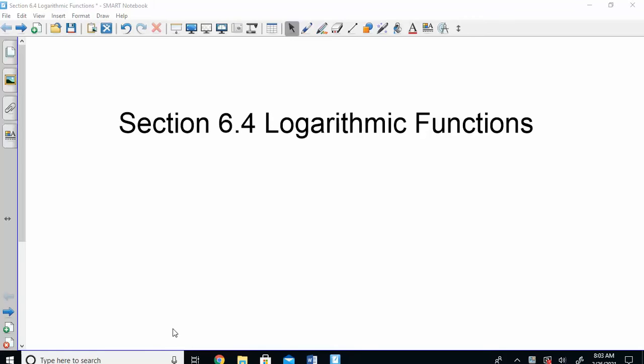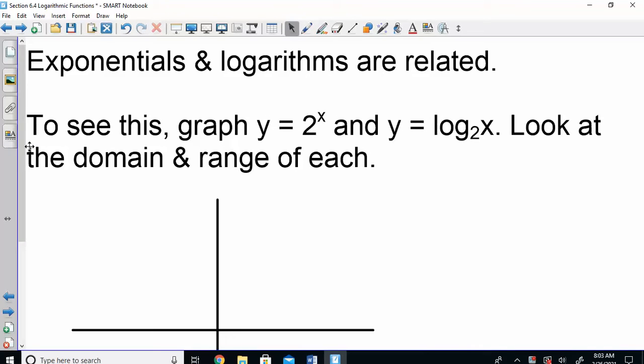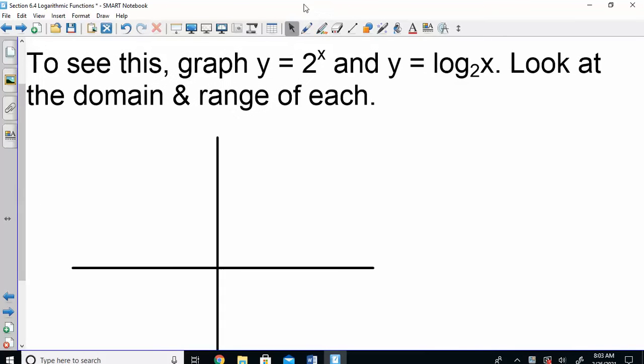The good news is this isn't very complicated. We have graphed exponentials before, and there is a relationship between the logarithm and the exponential. So what we're going to do is graph both to figure out what that relationship is. So let's start with just a basic 2 to the x. If I asked you to graph that,